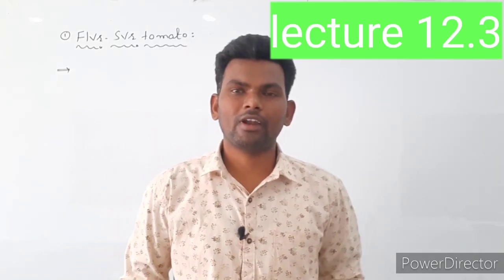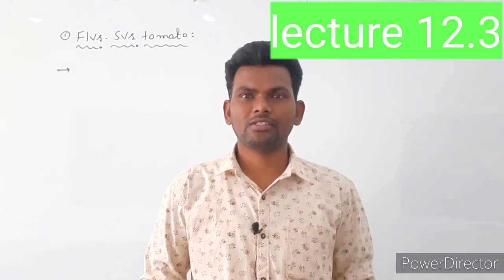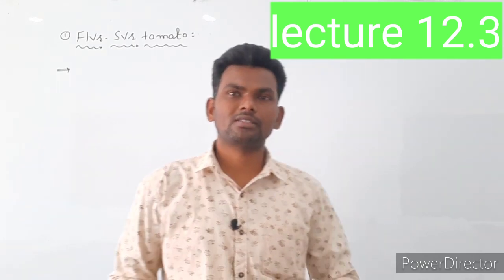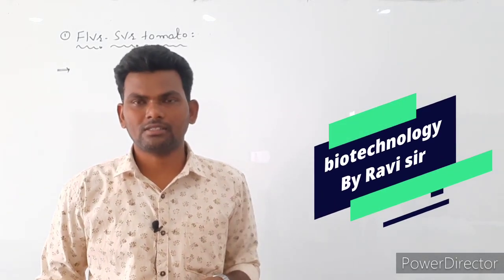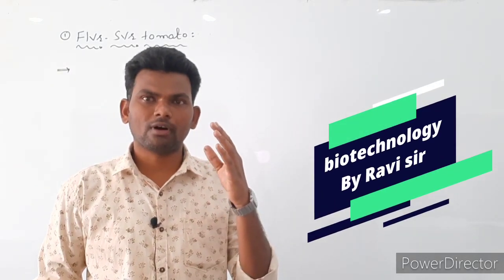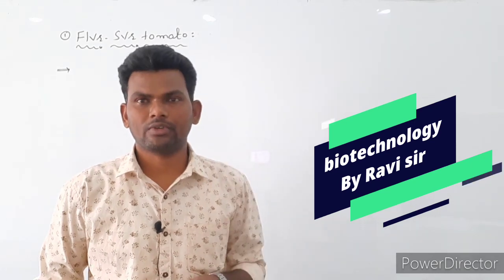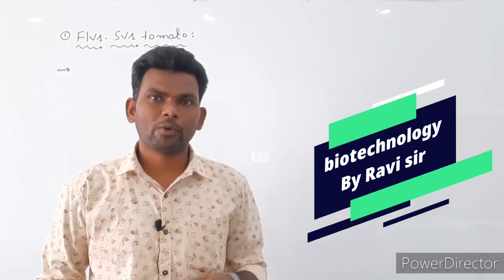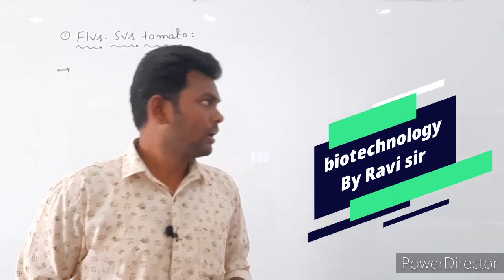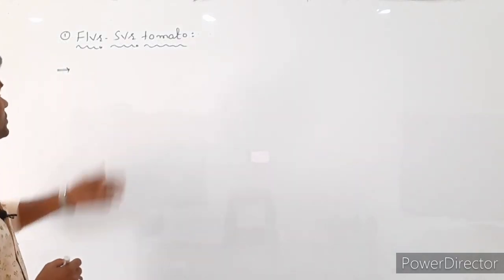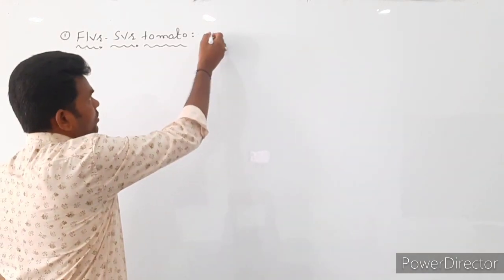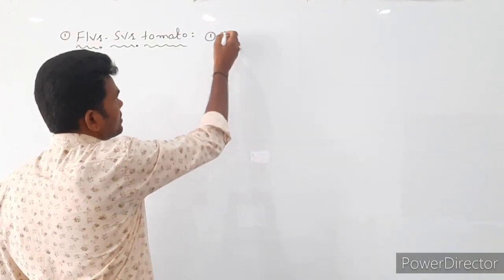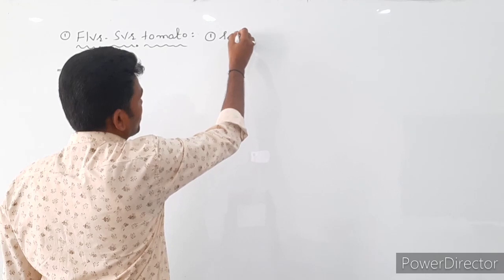In the last class we already learned the application of biotechnology in agriculture. Today some more applications in the same agricultural field. First one is reducing the post harvesting loss, and second one is preparation of nutritional food. Here one example is Flavr Savr tomato. The main concept is to reduce